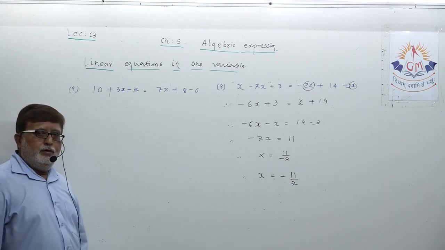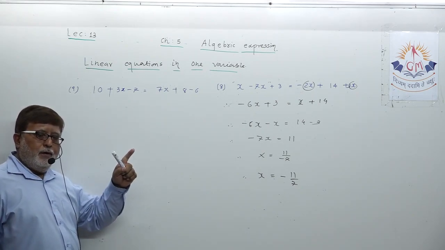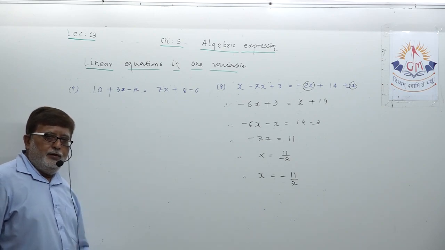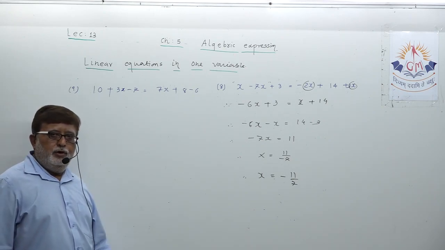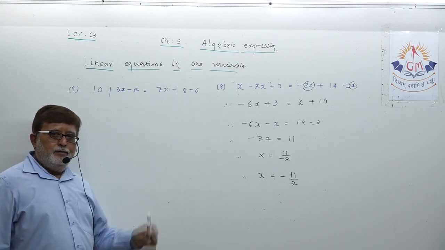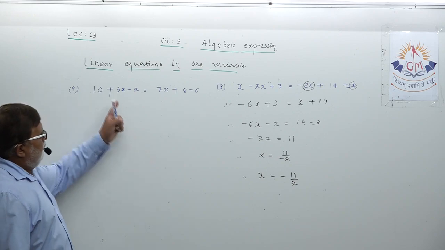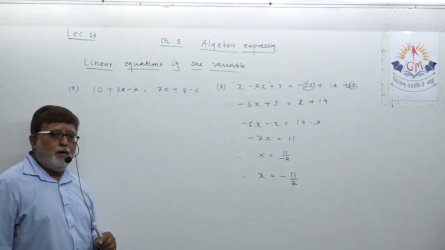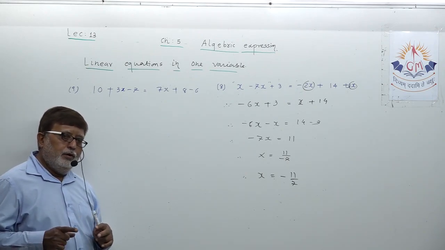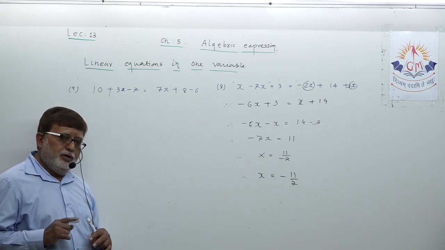If you compare this particular example with the last one, in the last one you have four terms, two on left side, two on right side, containing variable. Here, no, here only one term containing variable on left side, one term containing variable on right side. Just another difference is there are two real numbers on left side, two real numbers on right side. So just a question of solving those like real terms that you have to do first.